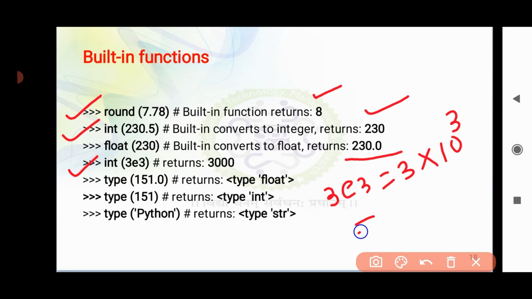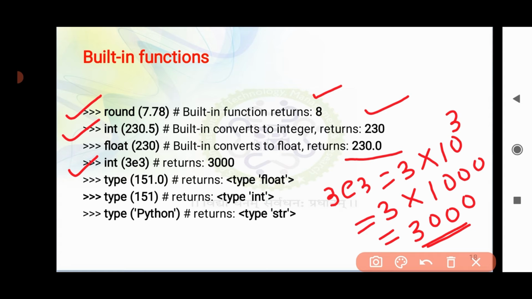So this means 3 into 1000, and basically the result is 3000. In this way the exponential value will be calculated and displayed in the form of integer type. That is the use of the function int of 3e3.